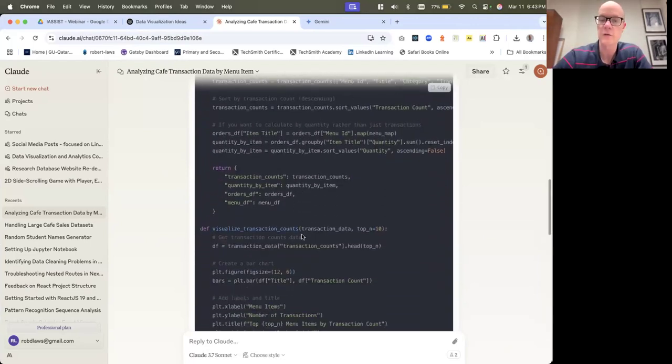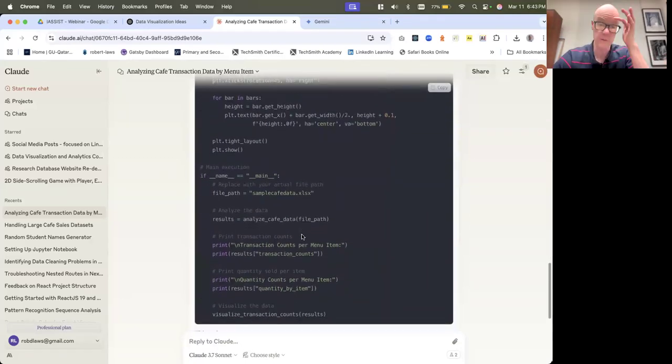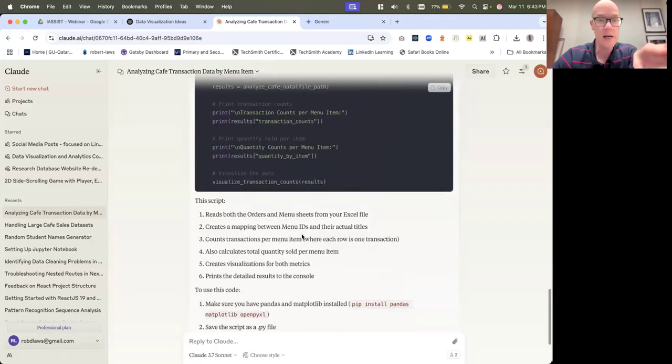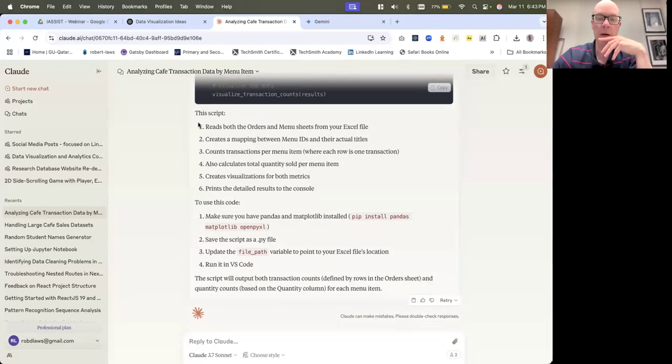It gave me the answers that I wanted, and I didn't have to make many adjustments. This is where AI is getting really good. You can see it gives me some explanation of what's going on with the script as well. This is probably the path that I'm going to use this AI tool more, to help me generate code to do data analysis outside of the AI tool itself.